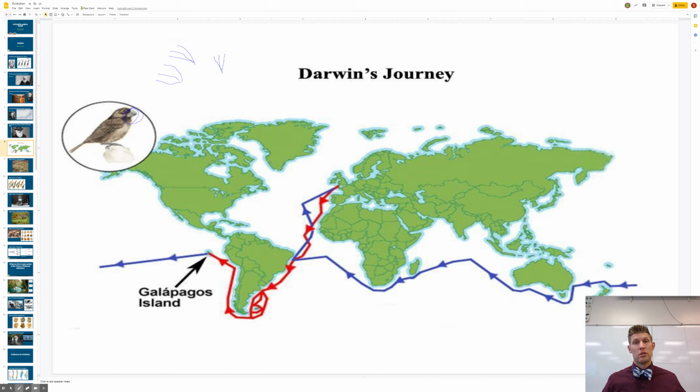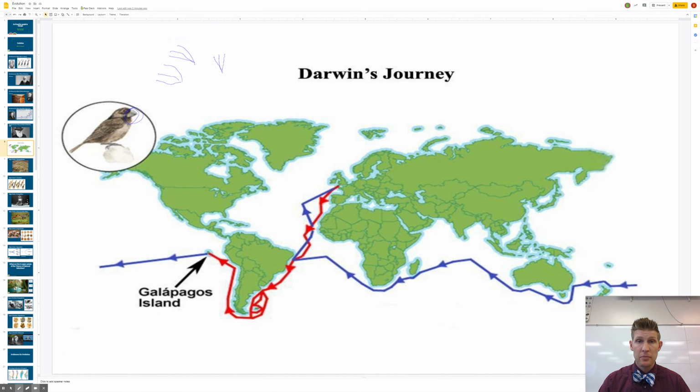So he's going, wait a second. And they're all on separate islands. And he noticed that it was based on the food that they ate, that was the reason why they were different. And he goes, these all look so similar, they must be related somehow. Now remember, he grew up believing that the creation is the only thing that there ever was in his religion, and that's totally fine. But he's noticing these other things, going, wait a second, I'm making these observations, and he had to change his mind about a few things.